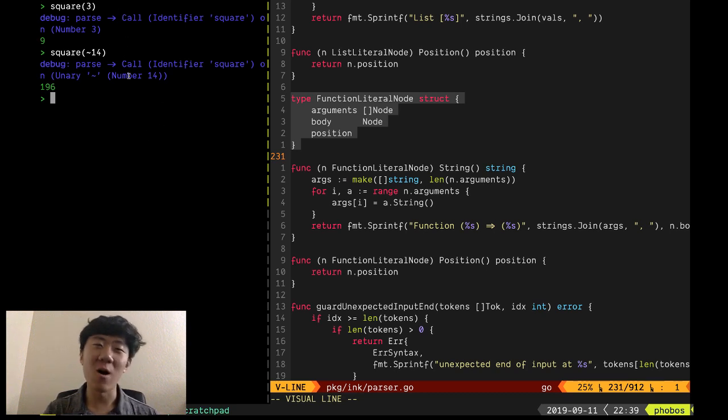Okay, so this is a function call. It calls a function that is the identifier square, so it calls a function called square, with the argument being, in this case, the number 3, in this case the negative of the number 14. But if we look at how this function is defined,